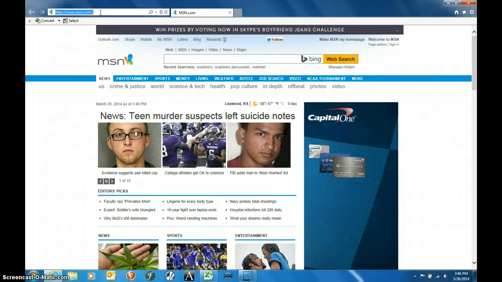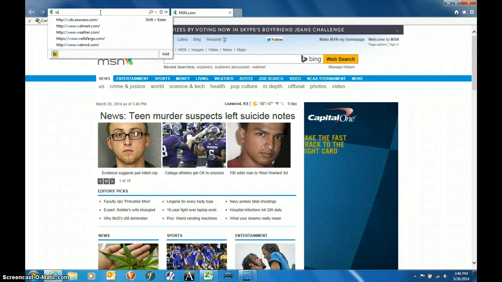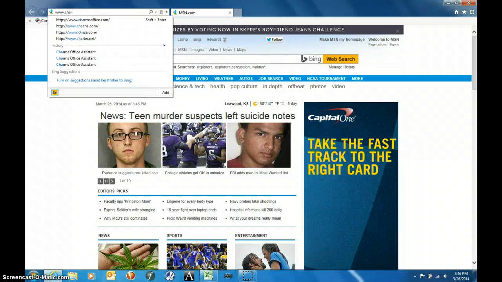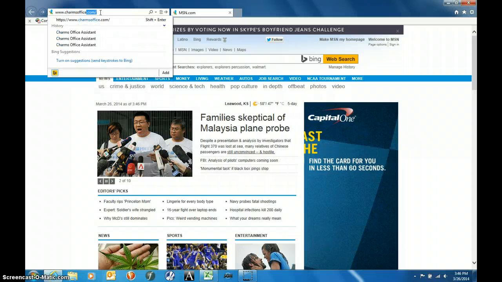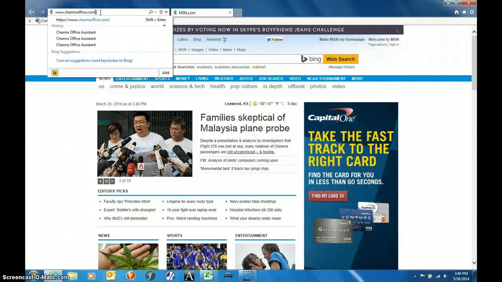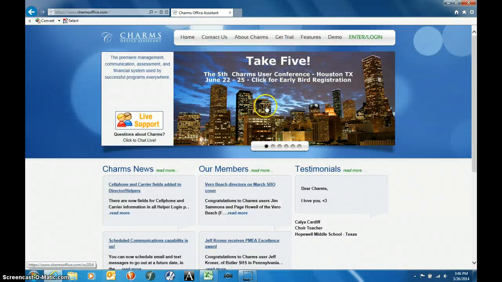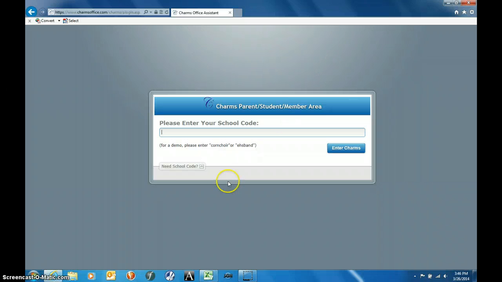Then you need to go to the CHARMS site, which is www.charmsoffice.com. When you get there, you can ignore all of this page and just go to the Enter Login, Parents, Students, and Members. Click right here. I would then possibly make a shortcut to this page. Maybe put this into your favorites or right here, so it will always take you straight to this page, and